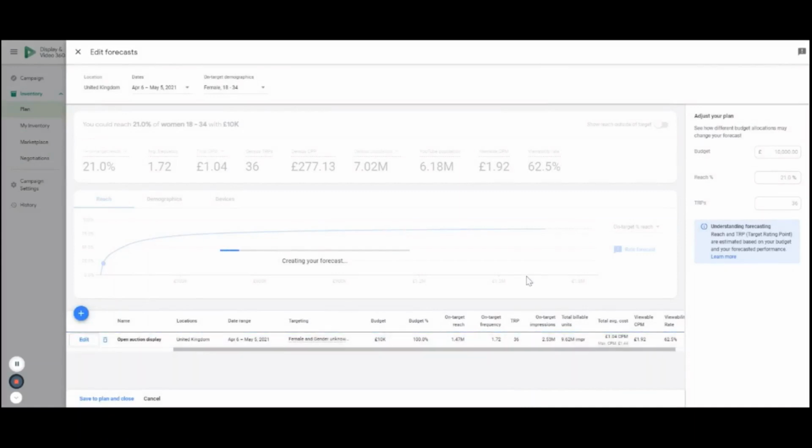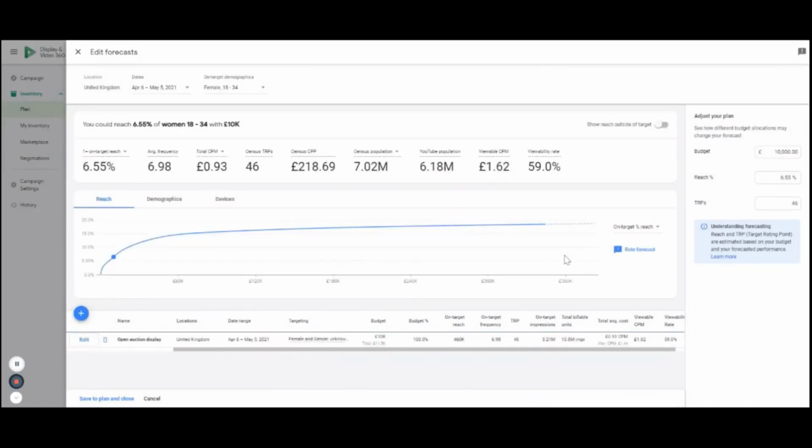The last two elements were brand safety and inventory sources, but we've already selected this at campaign level, so I wouldn't have changed those. As you can see, my plan has updated. So now with £10,000, I can only reach about 6%, but my audience is much more refined. So this is the use case of having a fixed budget and trying to understand what kind of reach that